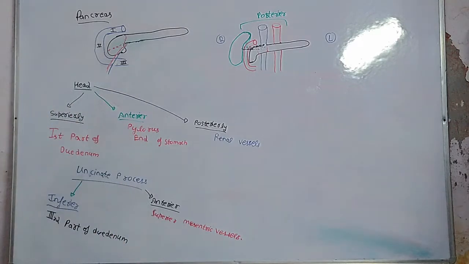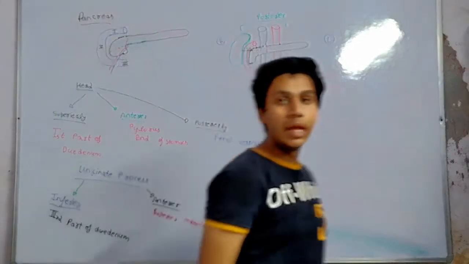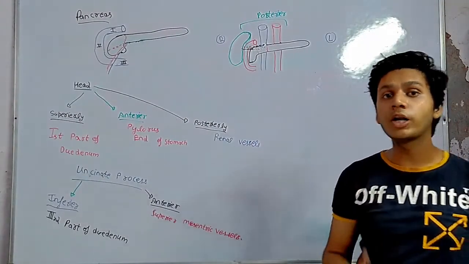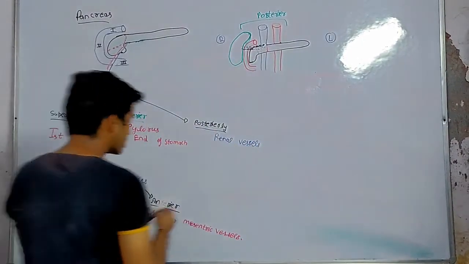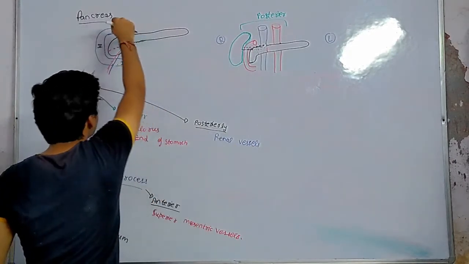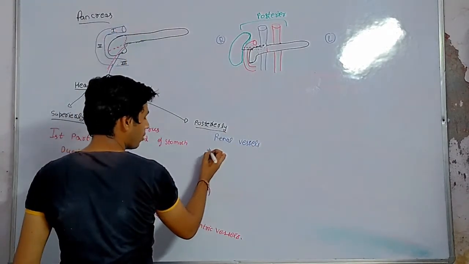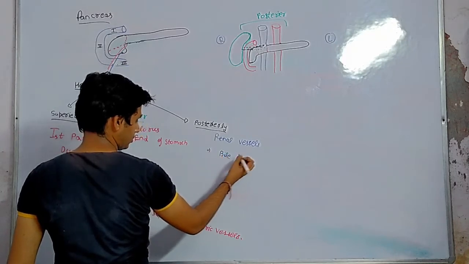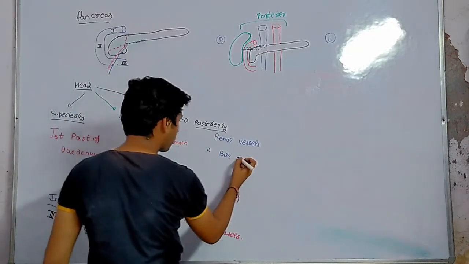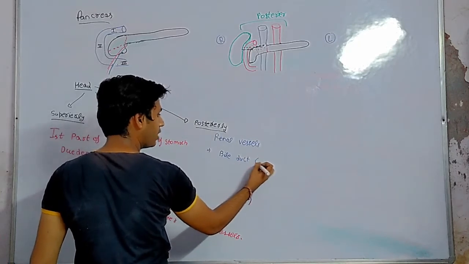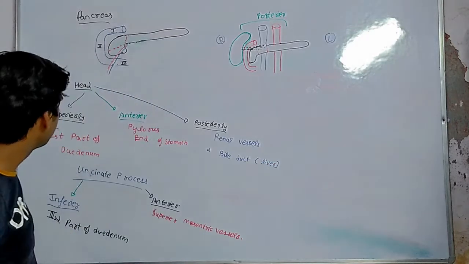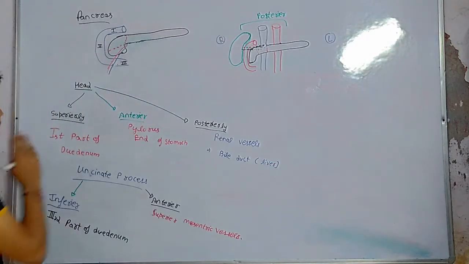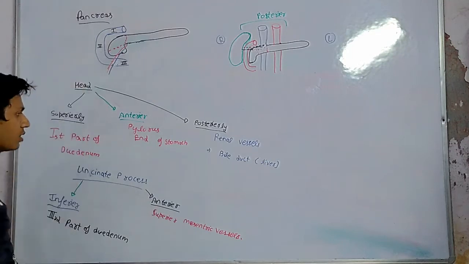And one important thing, remember, posterior to the head, inside the pancreas, there are important structures called the bile duct and the portal vein also. So they are posterior relations. We can write them in the posterior relations because they are also open in the pancreas. So the bile duct, from the liver, is also included in the posterior relations. Done. These are the relations of the uncinate process.